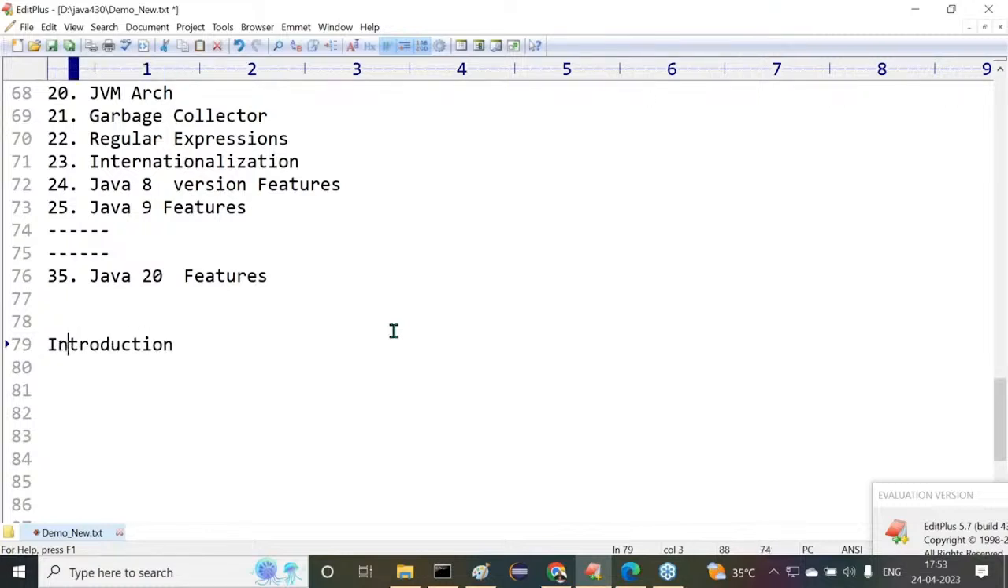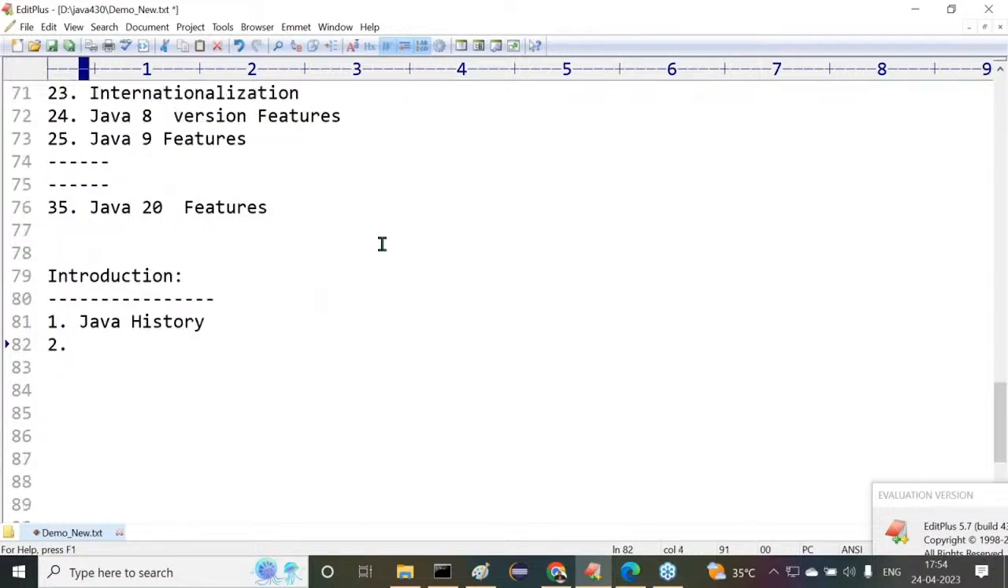In the introduction, what topics are available? What exactly is the content in the introduction part? Observe carefully inside the introduction topic. First one is Java history. Why did Java come into the picture? Who provided Java? What exactly was the work that the Java people did to prepare the Java programming language? All these points we are going to understand in Java history. After this,